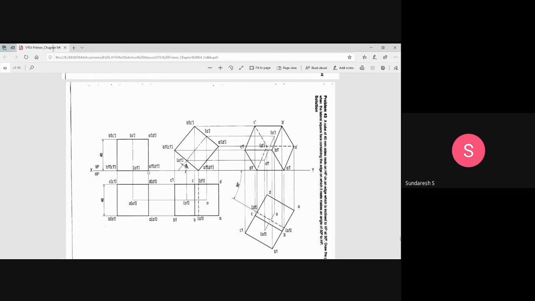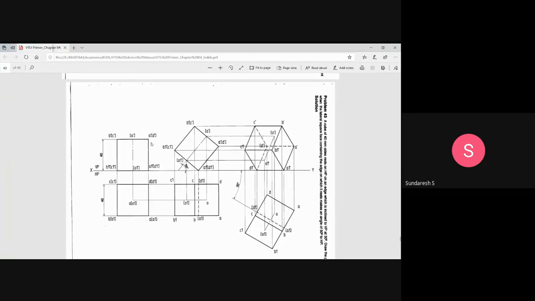You can see A1, B1, C1, and D1 as the base, and A, B, C, D as the top face. So this is the front view of a cube of 40 millimeter side. The height is also equal to the base side that we have drawn in the top view. This is the front view and the top view, with the edges of the base on HP. Once you get this,